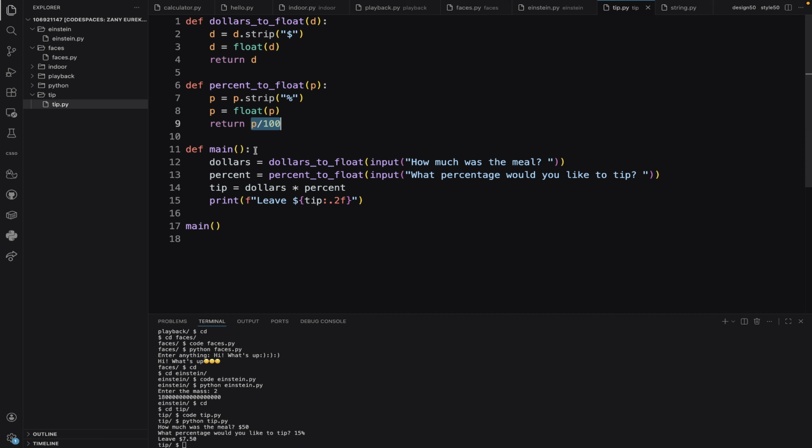This is the main function, and in the main function what it does is dollars to float. See, dollars to float is not a format specifier, it's just a function that is already declared here. Dollars to float, percentage to float. So we are calling, or invoking, that function here for taking the input, and the same goes for the percentage. And the tip, we are calculating. How much is the total price, and from the total price, the percentage of it should be the tip that you have to leave.